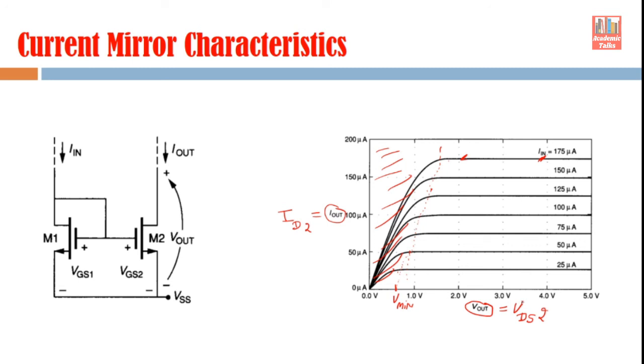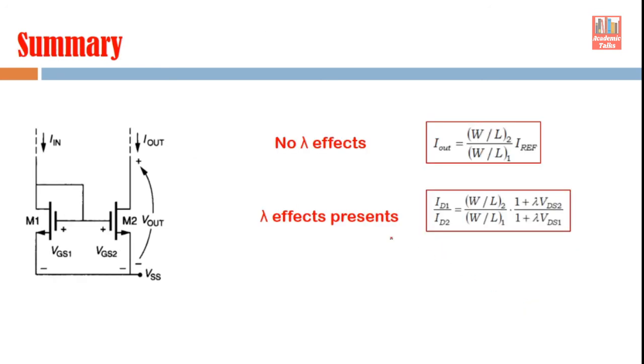I hope that now this concept of current mirror is clear to you. So let's summarize the results. We have discussed how to implement a current mirror. The circuit of the current mirror looks like this: two transistors M1 and M2 connected like this. The gates of these two transistors are connected together. That's why the gate source voltages of the first and second transistors are the same, and these voltages are also the same as the drain source voltage of the first transistor, because drain and gate are connected together here. So whatever the gate source voltage is, the same is the drain source voltage.